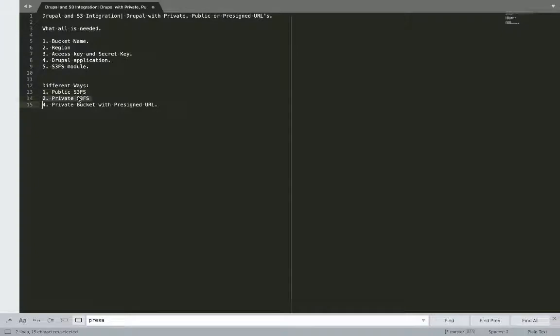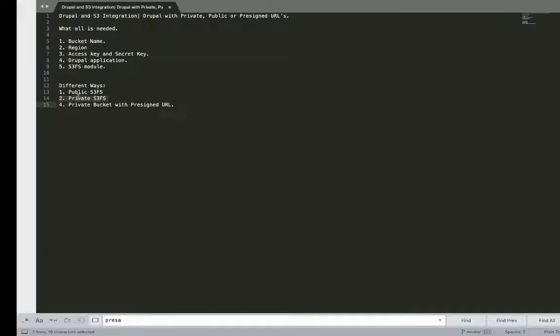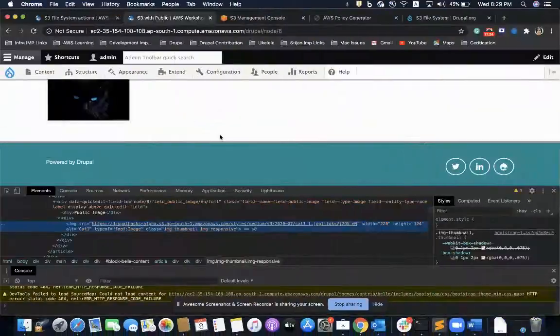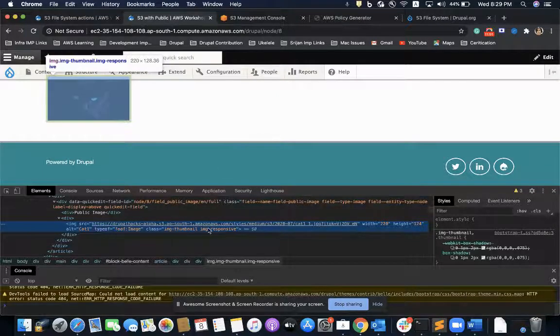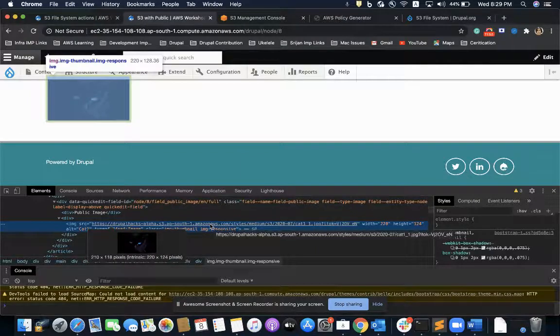Now the next task is to use S3 as a private file system. Before moving forward, let me tell you what public or private file system is. If I'm saving a file as a private file, it will show me a false path.